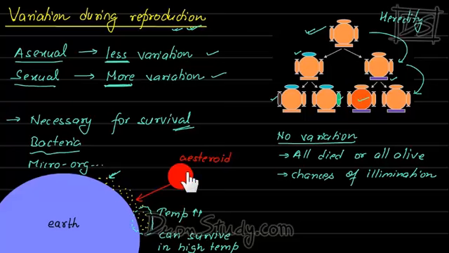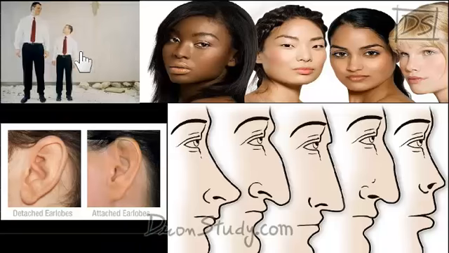And you can understand that if an asteroid hits the earth, then these bacteria will survive, whereas the rest will die. So the whole species of bacteria will not be washed away from the face of this earth. For this reason, variations are important. There are a lot of variations even in human beings. See, some people are very tall, some are short, skin color differs, hair color differs too, hairstyles are even different. And if you notice carefully, the noses of people are also of different types.